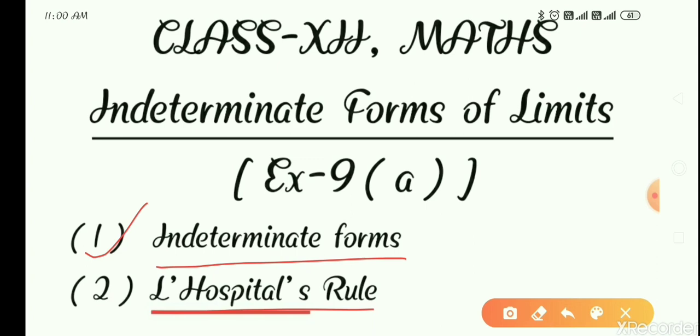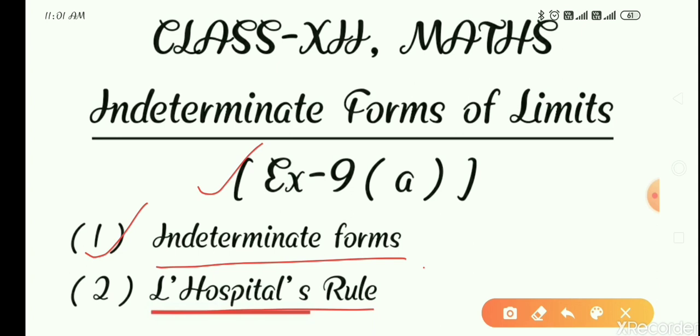Yesterday in the last video I said to you that I would take the revision, but in the half yearly exam many chapters are there, so after completing this chapter 9 I will take the revision. This is a very small chapter, only 2 exercises are there, 9A and 9B. Today in this video I will complete 9A, and in one more video I will complete exercise 9B. After that I will take the revision of all the chapters of unit test first, UT first. So I will start to explain.